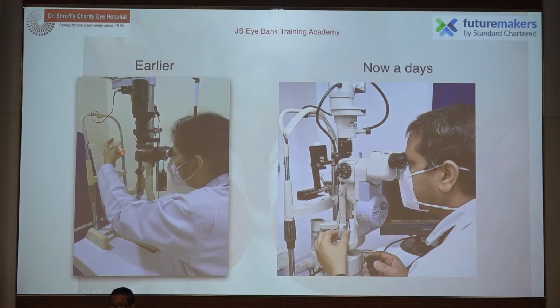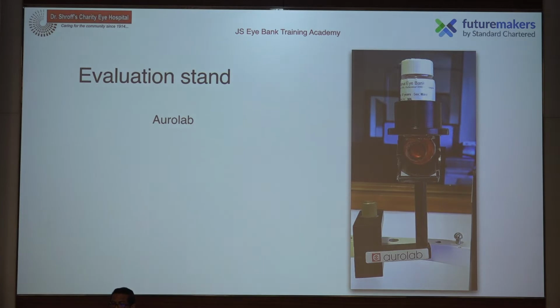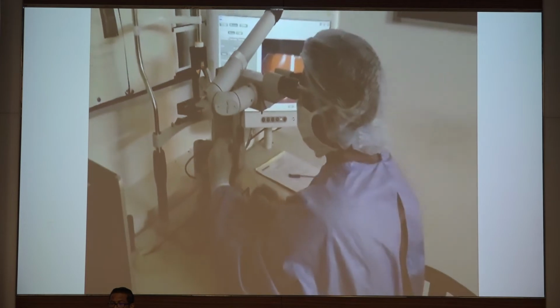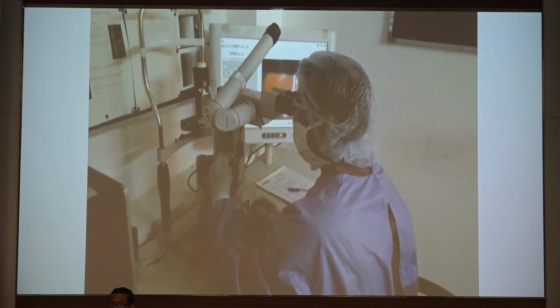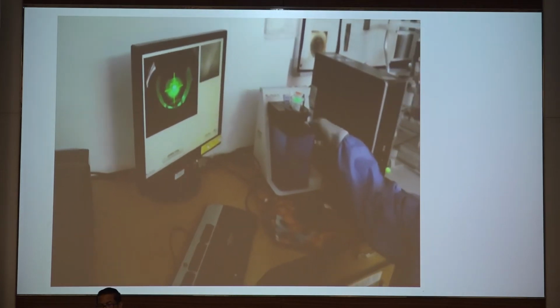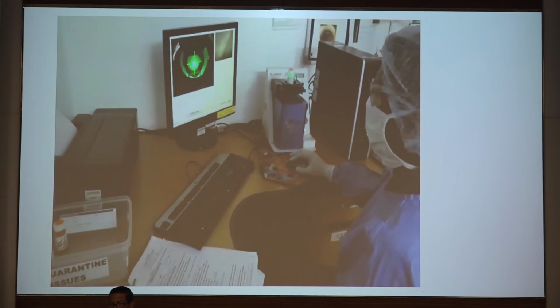So how does that start? Earlier, a lot of us can relate to this, the tissue used to come to the OPD, and we used to shake it like this and evaluate it in the OPDs. But nowadays we have this evaluation stand, and the entire evaluation is done in the eye bank only. After the tissue is received, we do a slit lamp evaluation. The other thing done in parallel or later is the specular examination of the tissue. Once we've done that, only then do we say that the tissue is ready for distribution. But how does this process go?